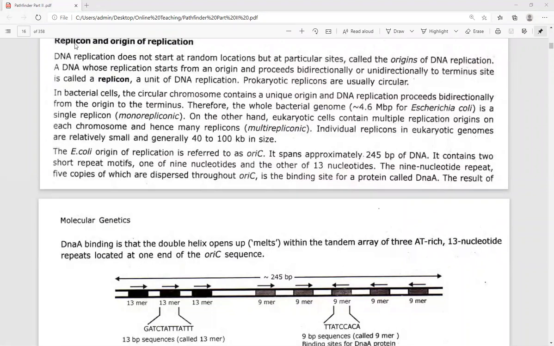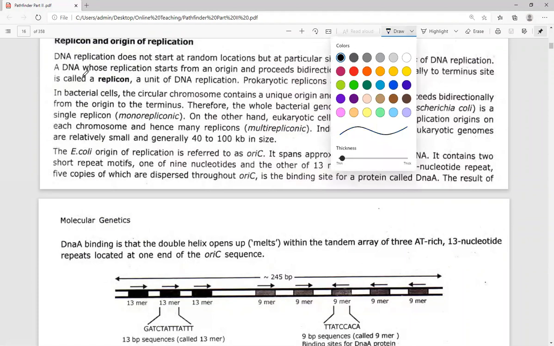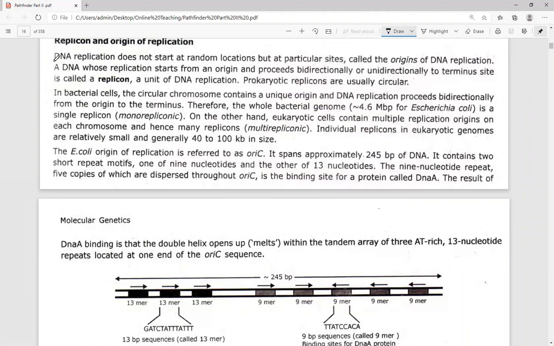In this video tutorial, we will be talking about the process of DNA replication. How does the process of DNA replication take place? In what manner does the process of DNA replication occur? DNA replication does not start at a random location in the genome. DNA replication does not begin at a random location within the genome, but it always takes place at